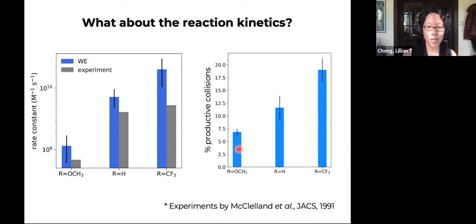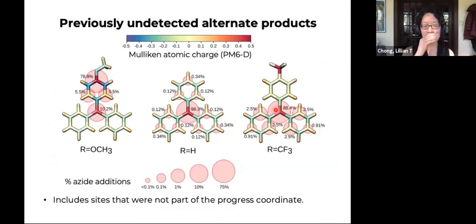So this % of productive collisions to the target state gradually increases, going from the electron donating to the electron withdrawing substituent. And we were able to detect alternate products that were previously not observed in experiments by looking at